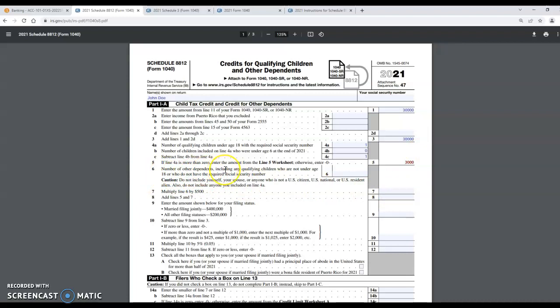Line 6, number of other dependents, including any qualifying children who are not under 18 or have, okay, so here's where the father is, JJ, so we have one of those, okay, multiply line 6 by 500, so we do that, add lines 5 and 7, so 3,000 plus 500 is 3,500. And we will finish the 8812 in